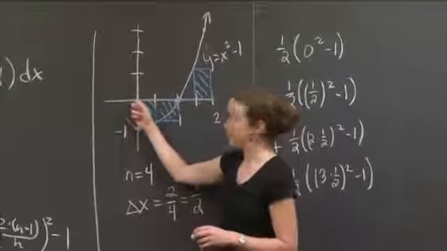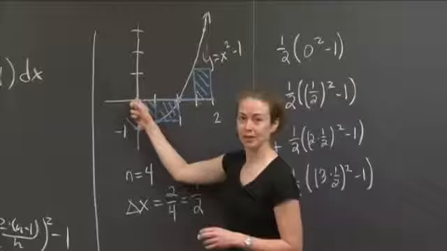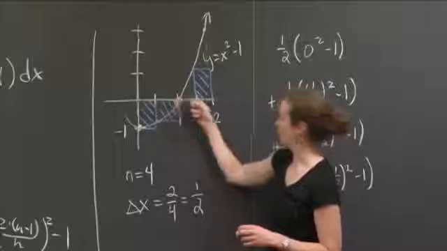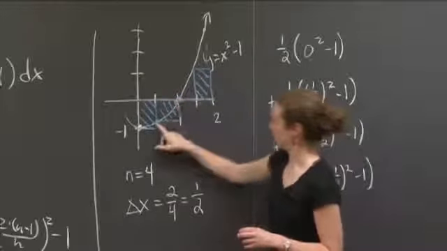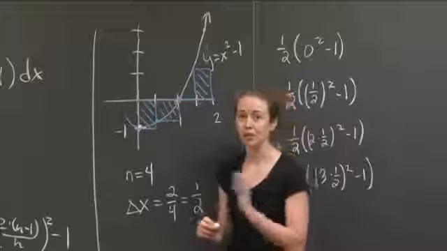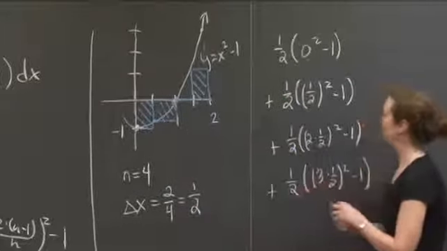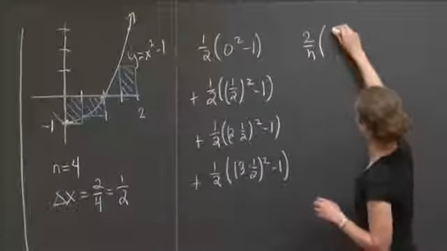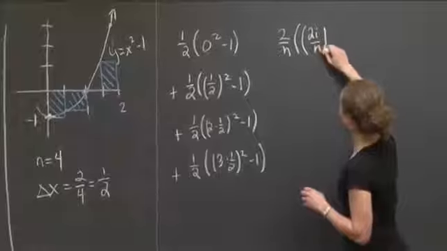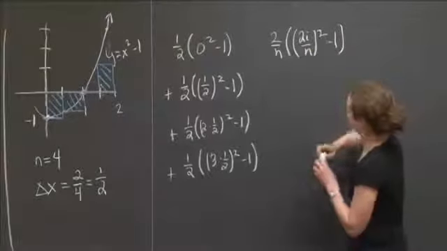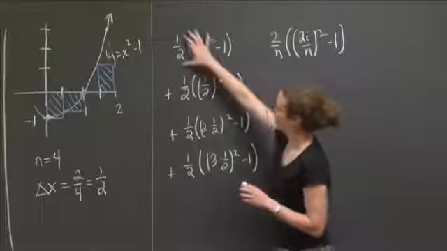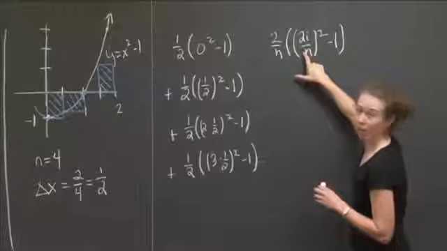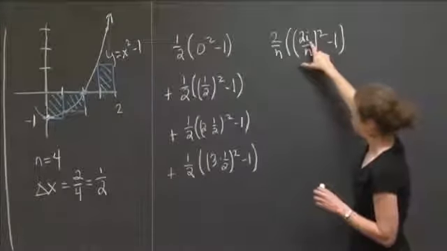My delta x was 1/2, right? So I evaluate at the first place, and I evaluate 1 more up, and then 1 more up, and then 1 more up, which gives me outputs here, there, and there. Right? So really, if you go back and look at the formulation of the sum, this was 2 over n times quantity 2i over n squared minus 1. You can see the 2 over n is my 1/2, and then this is maybe the hardest part to see, but that's the 2 over n is my 1/2 again, and the i is this thing that's coming in as